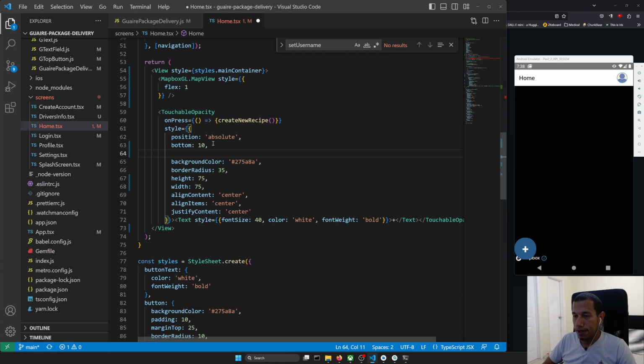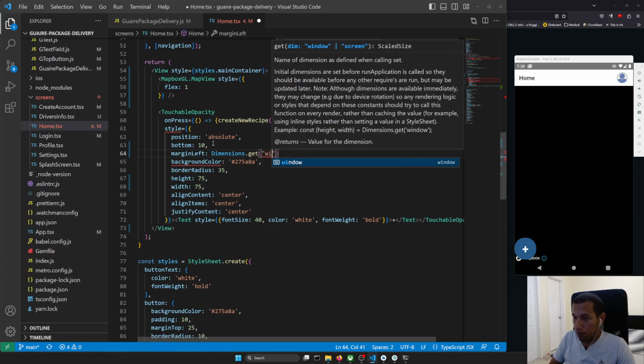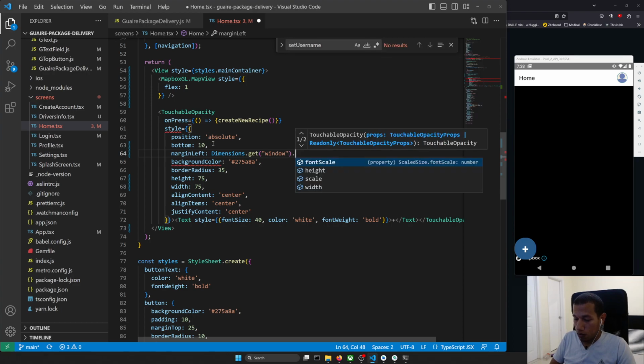And margin left is going to be Dimensions.get('window').width